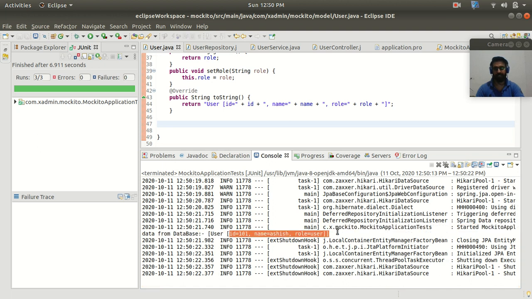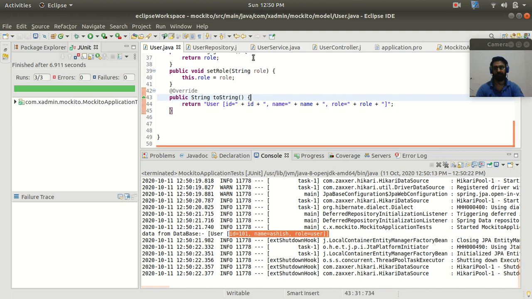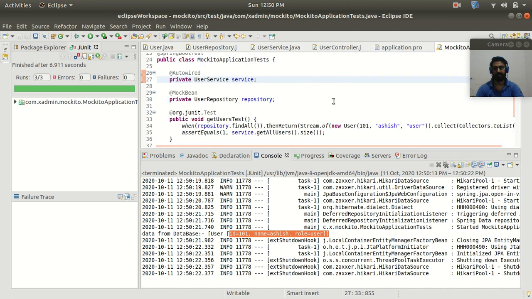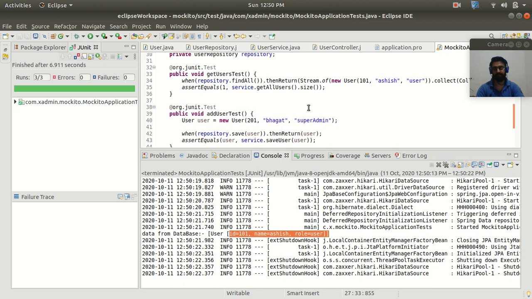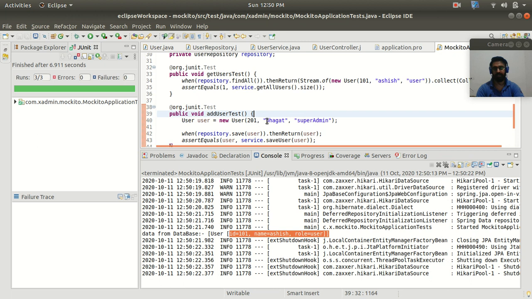So in this way, we can say that with Mockito, we are not hitting the database. Actually, we are getting the data which we have mocked, and we are testing with the mock data, not the database. In the same way, if you see add user, the add user has the data where we are adding the name Bhagat and the role as super admin.